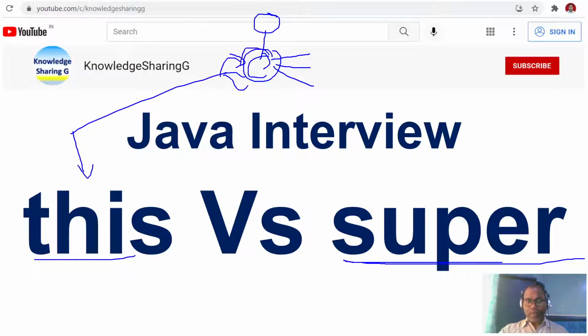If you want to invoke the constructor of the superclass, invoke a method of the superclass, or access any variable, you can use super. So both keywords have the same use cases: accessing variables, invoking constructors, invoking methods. This refers to your current object and super refers to your super object.